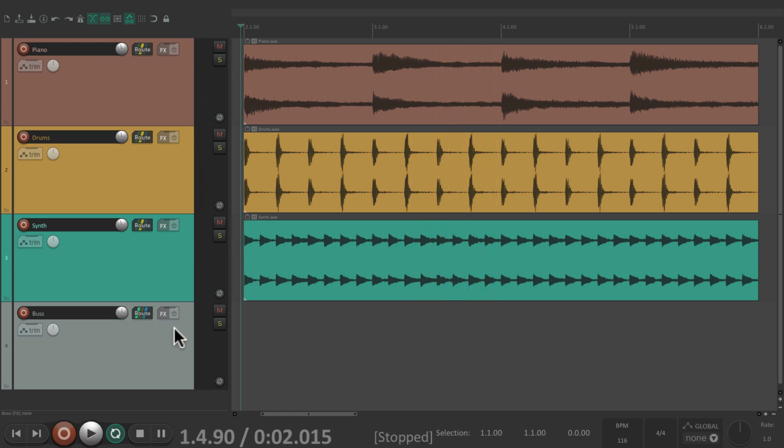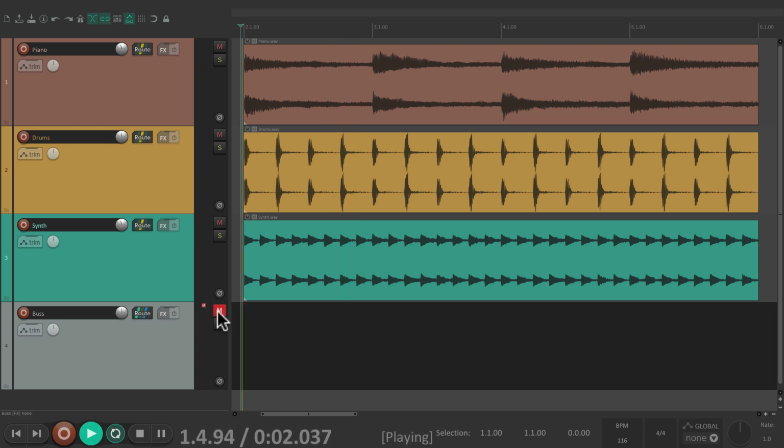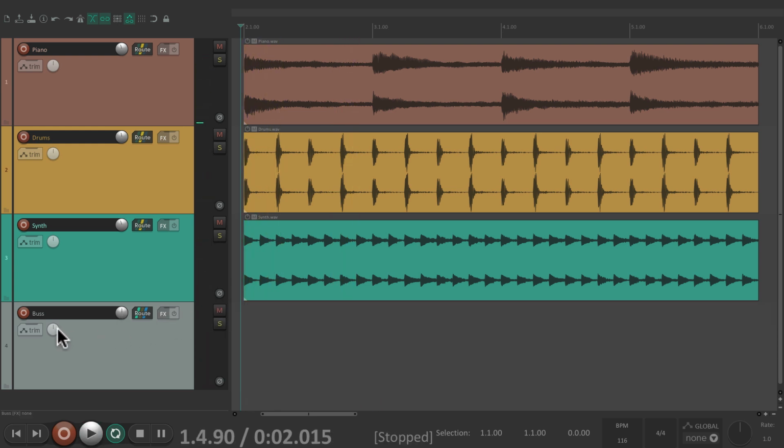So you're probably wondering, why would you want to do that? Well, it's a great way of controlling all these tracks at the same time. We could adjust their volume with the fader, or the mute, or the pan,